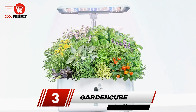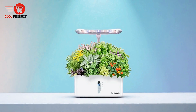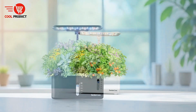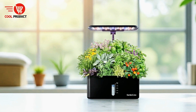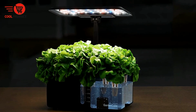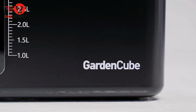The Gardencube Hydroponics Growing System brings the future of indoor gardening into your home, allowing you to grow fresh herbs, vegetables, and flowers all year round. Designed with advanced technology, it ensures faster growth and healthier plants without the need for soil. At the heart of the system is a powerful 24-watt LED grow light that mimics natural sunlight, helping plants thrive